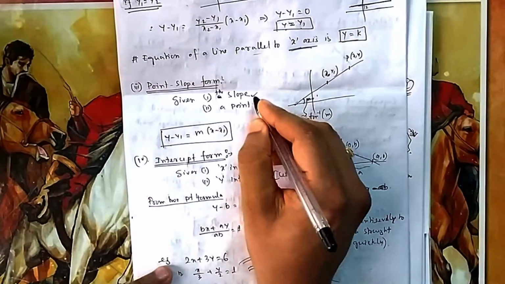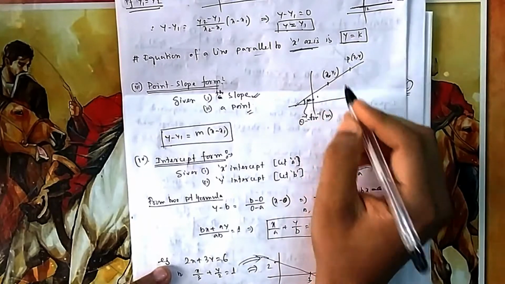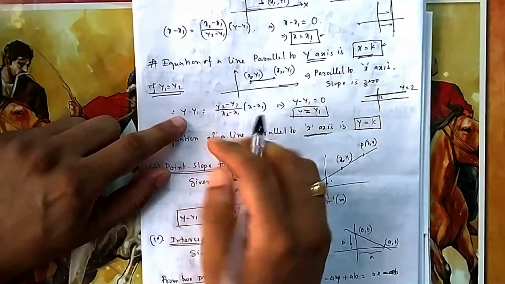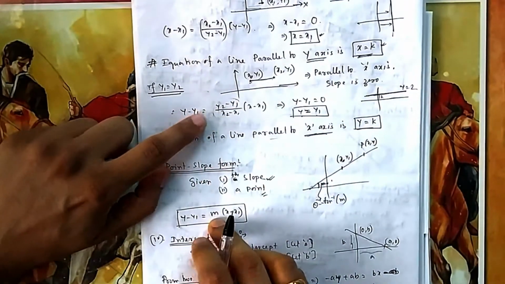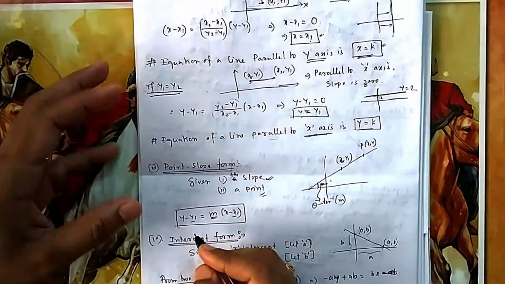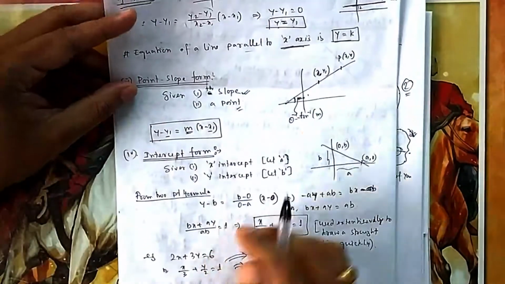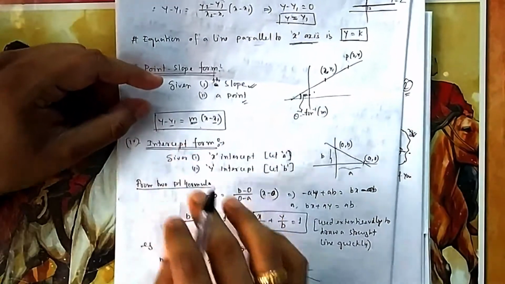What is given to you is the slope and a point. So a slope is given to you, this is m, and a point is given to you. This one I have directly written from here, because you know the slope formula. This is the formula for slope, so you can write it as m, and I have used both the points. So you can do it easily. So a slope is given, a point is given, then you can write it in this fashion also.